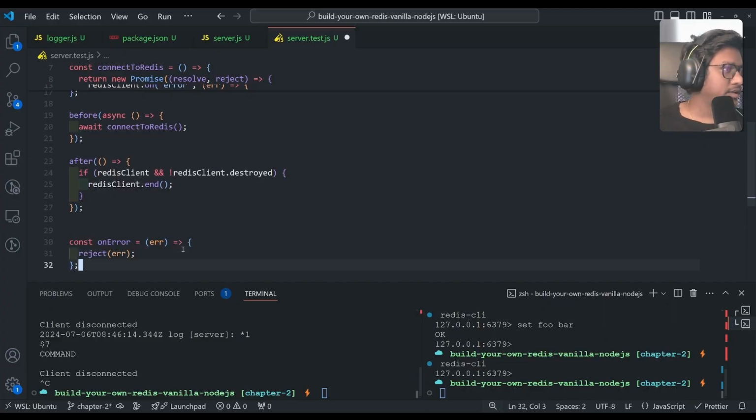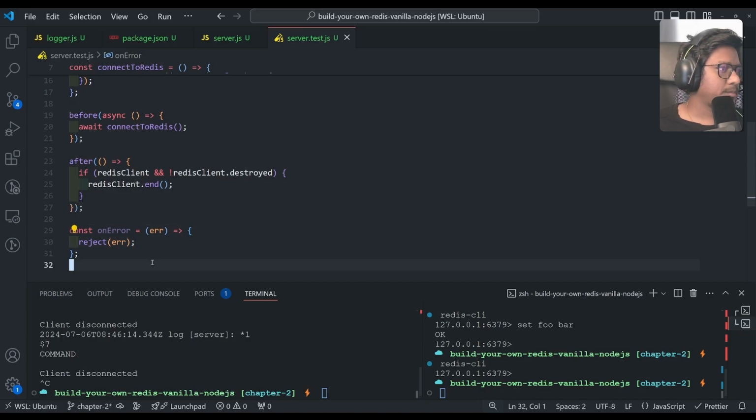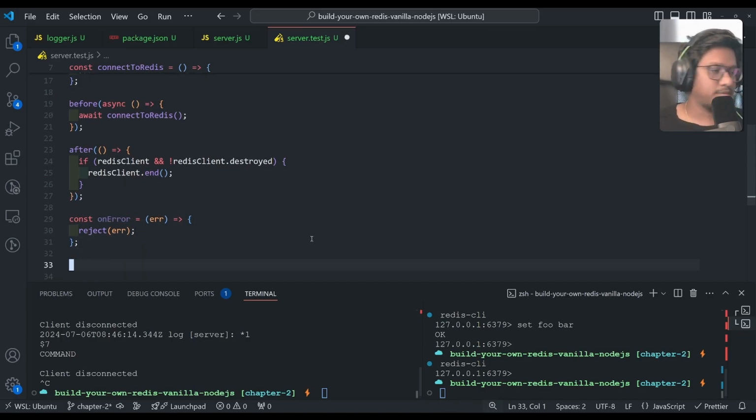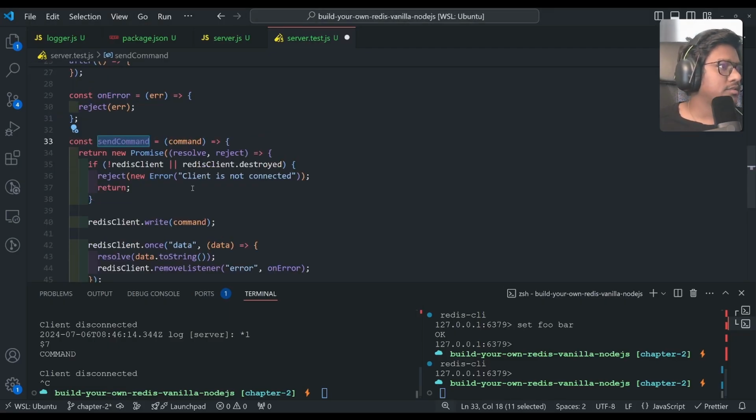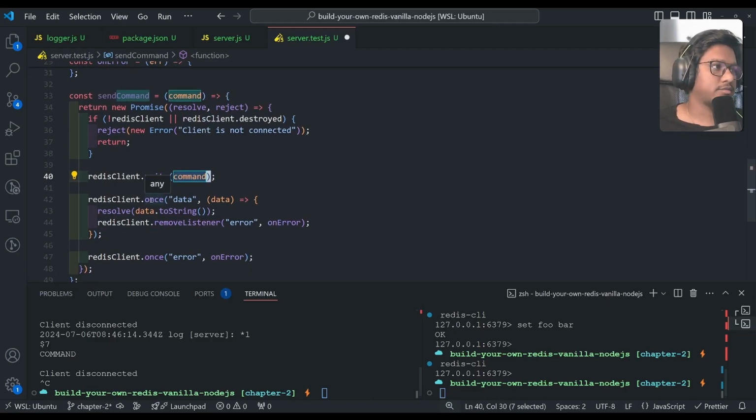Now I'll have a placeholder function on error. I'll come to this specific block very soon. Now let's jump to the main command, sendCommand. This will make sure that for every test case, it will write that message, passing that message to our server. And for the first occurrence of the data event, we will consume the data and remove the listener, like on error. The reason is, if you don't remove